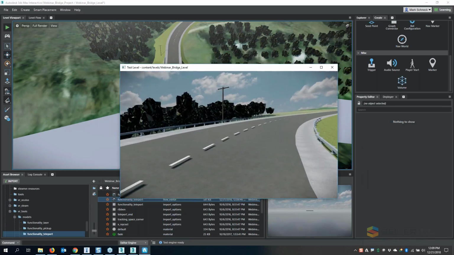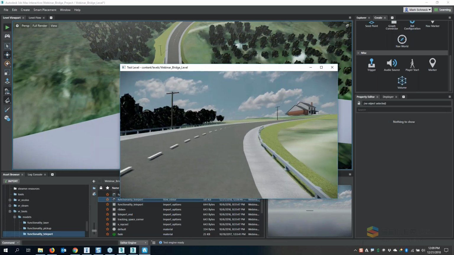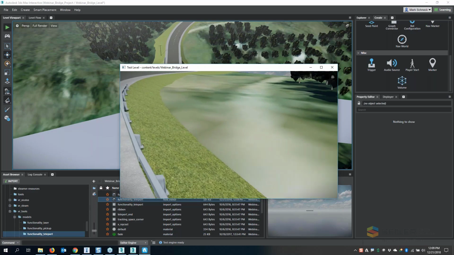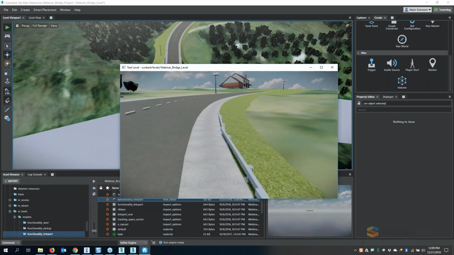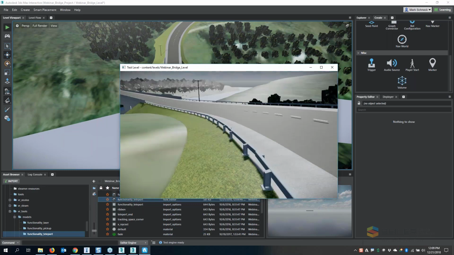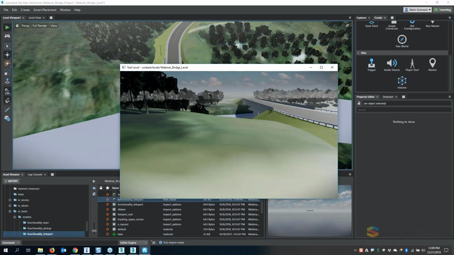We'll zoom around here. Again, looking at the preview, I can come up the side of the hill. Now this guardrail, because the physics are turned on, is not letting me get around it. But I can get beyond the guardrail, turn around, and then come back down the bridge and down